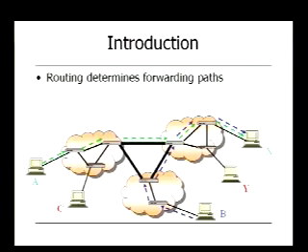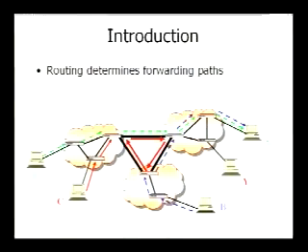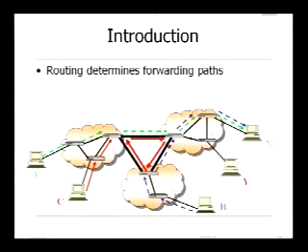For example, here, host C wants to send traffic to host Y, but the routers here are forwarding the traffic in the wrong direction. So in this case, they have a forwarding loop. If the loop has not been resolved before the TTL value expires, the packet will be dropped, and the end host cannot receive any traffic from the source.